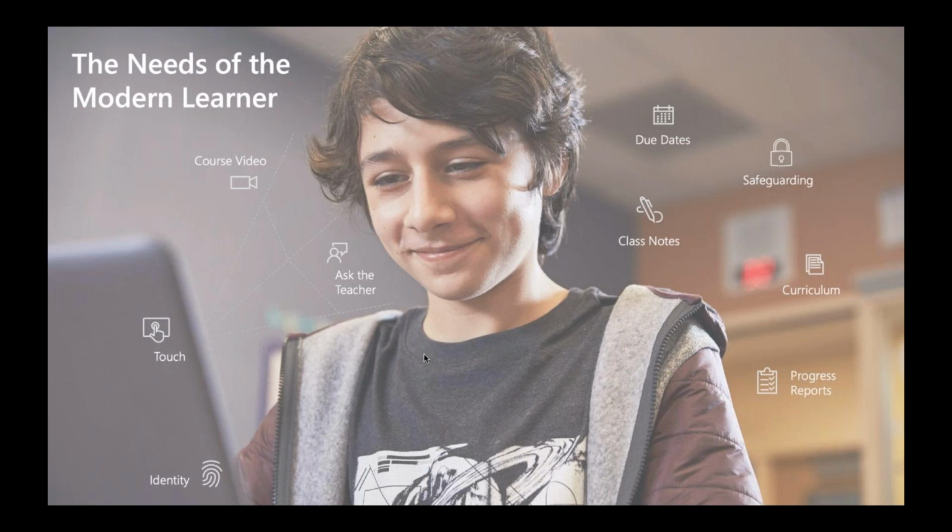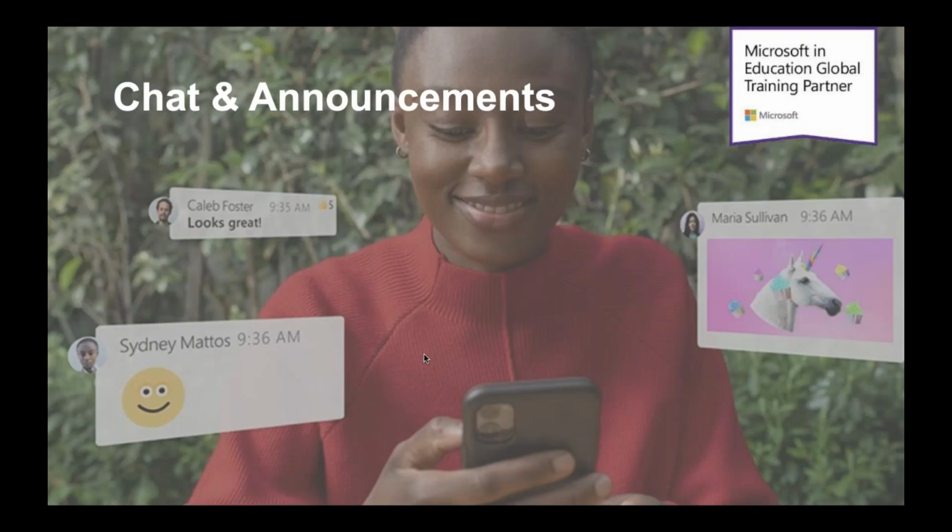So first off is the chat feature in Teams. This allows you to ask questions, share your opinions quickly and efficiently, while also showing off your personality a little bit by using GIFs, stickers, emojis in group chat or one-to-one messages, a little bit like you would in a text or on Facebook Messenger or WhatsApp, etc. And kids really like using this, adults too, obviously.